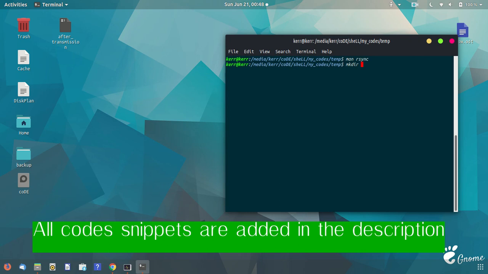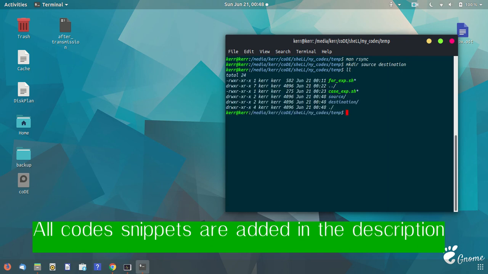So mkdir source and destination. So these have been created. Let's go to the source directory and make some files.